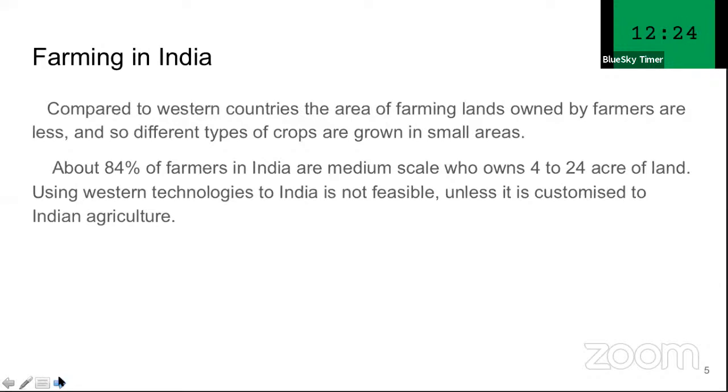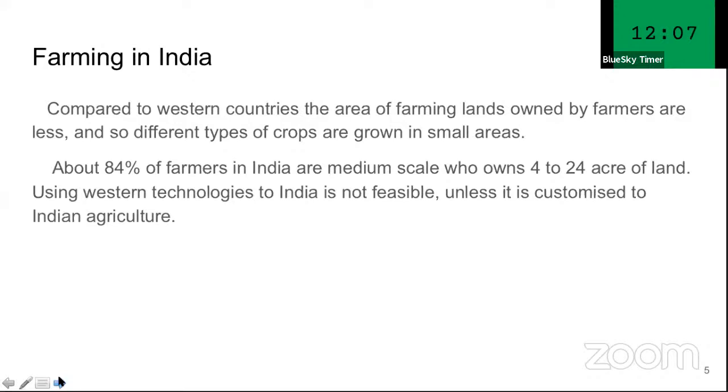So that's the other thing, right? Different farmers will actually choose to grow different crops, and the spraying has to be different for different crops, and it's very difficult to adjust to this. So 84% of farmers in India are medium scale, who own anywhere between 4 to 24 acres of land, and